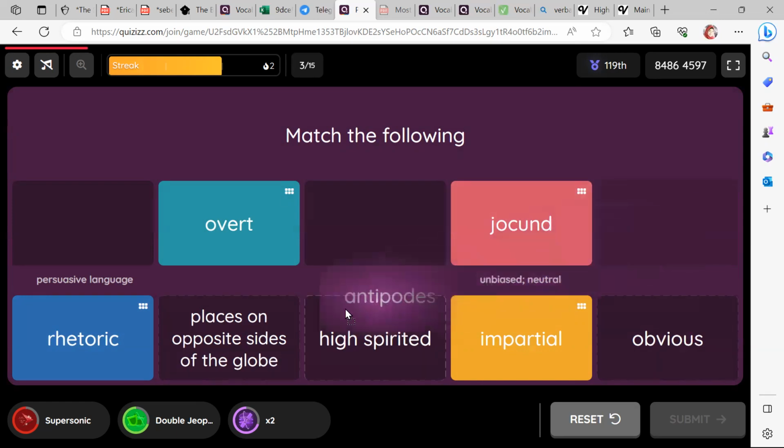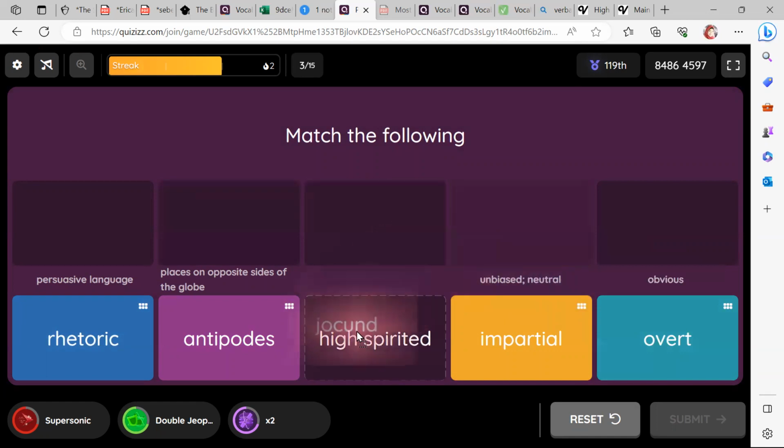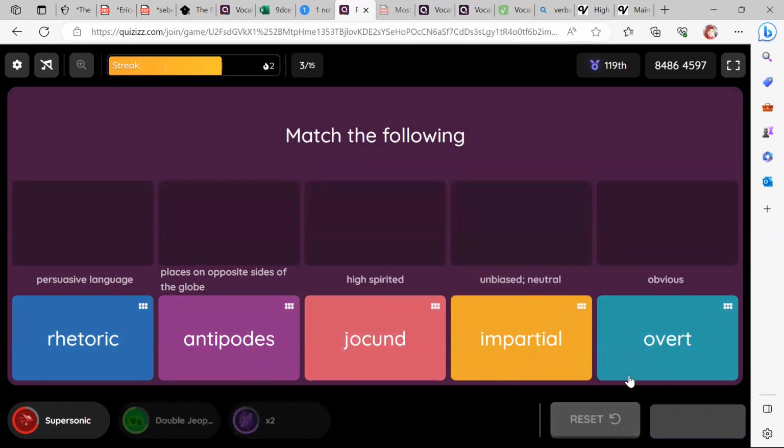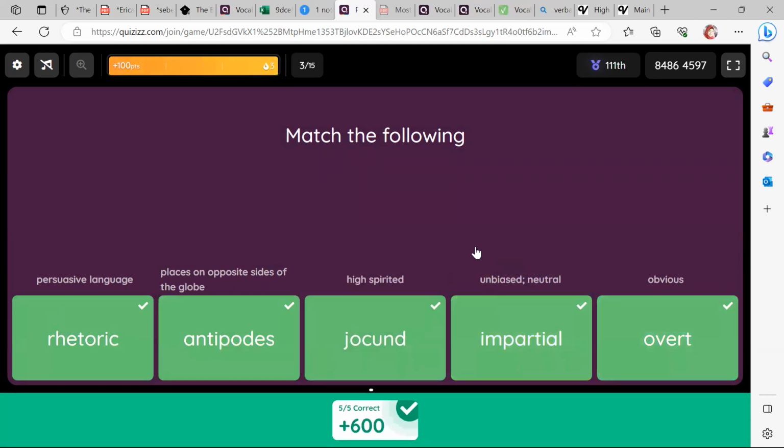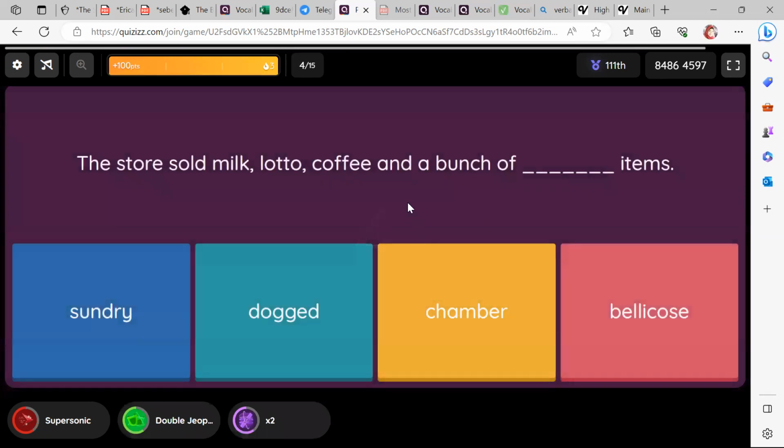So I will match this with that word, and I'm gonna guess these words. Okay, and let's see if I'm correct. Yes, so you need to know if any of these words were unfamiliar to you,